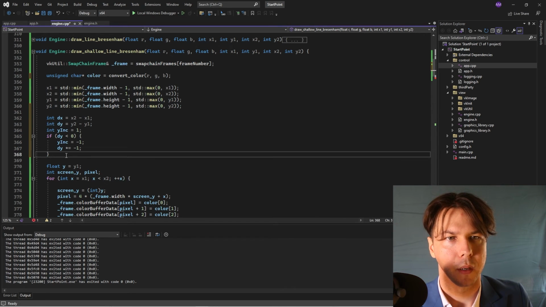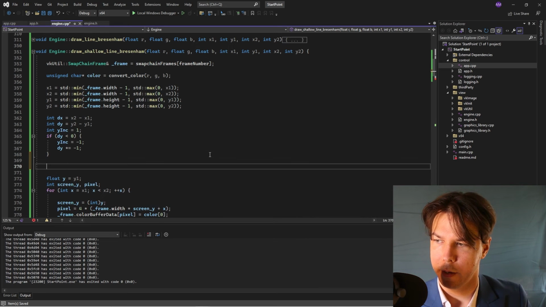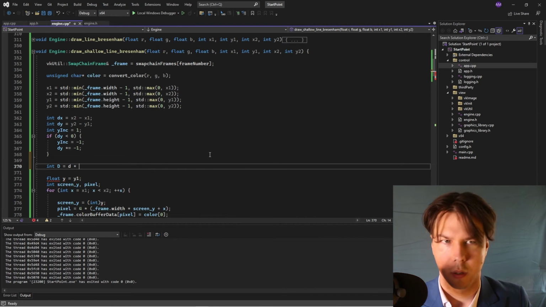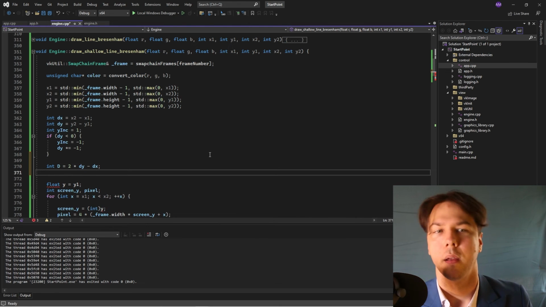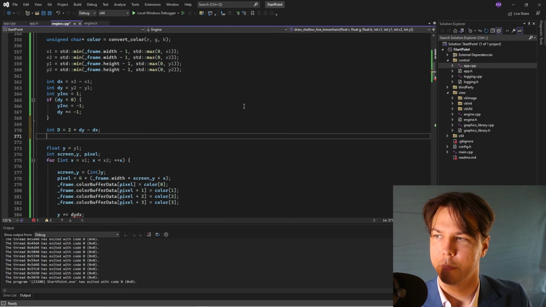Okay, right, so then I'll have the initial decision parameter d, and that is 2dy minus dx,